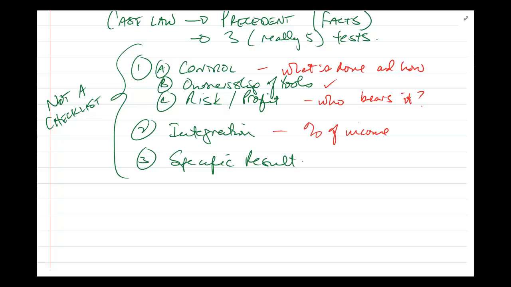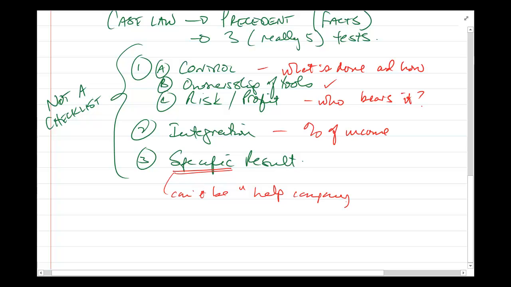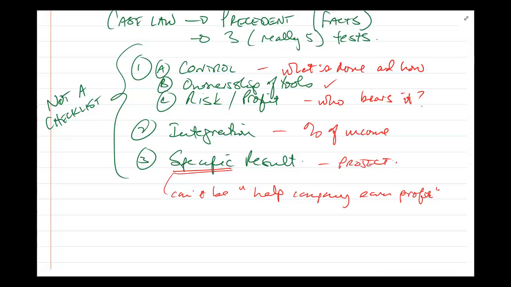And then the specific result one, the key here is that it's specific. Okay, so the result can't be something like help the company earn profit, right? Yeah, that's a result. That's something you've been hired to do, but that's not specific. Okay, so it's basically like a project or something that has an end, and it's a specific result that you have to reach. If you're doing that, you look less like an employee, because when that ends, it's assumed